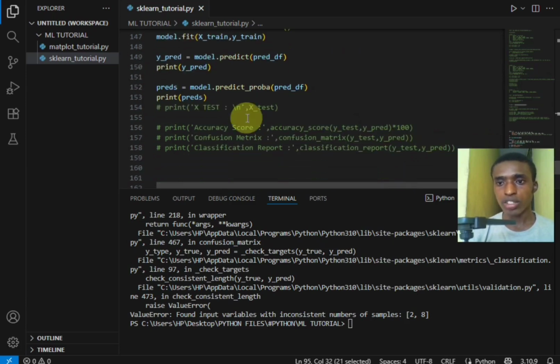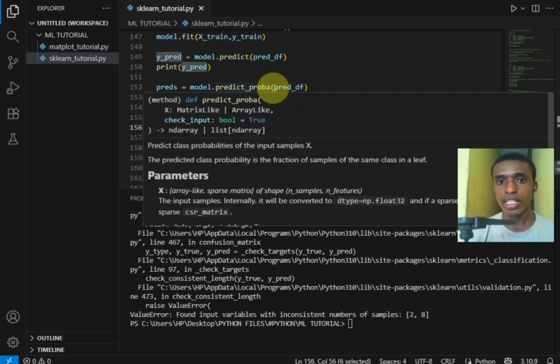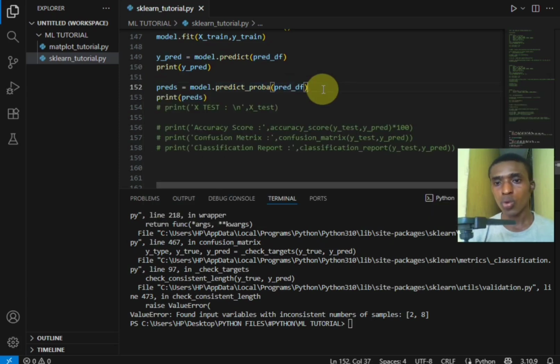Also, this is for testing purposes, like the accuracy score, confusion matrix and classification report. You can't use them here, because what we actually predicted is a new data frame, and for this prediction the y_test does not exist. There's no y_test column or target column. What we just predicted was the future. So don't make